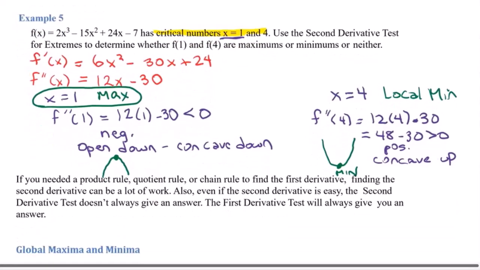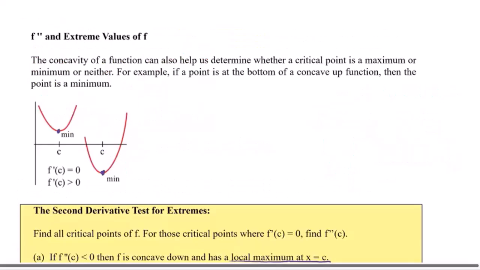So here it says if you need a product rule, quotient rule, or chain rule to find the first derivative, finding the second derivative can be really a lot of work. Also, even if the second derivative is easy, the second derivative test doesn't always give an answer. The first derivative test will always give you an answer. So just leave it at finding the first derivative and use the previous method, where you look at